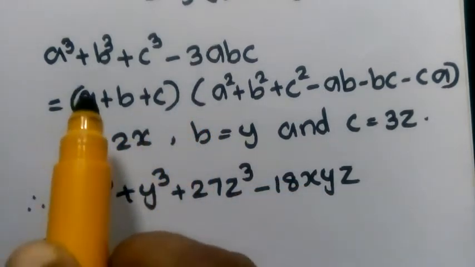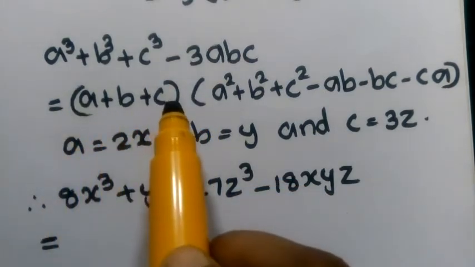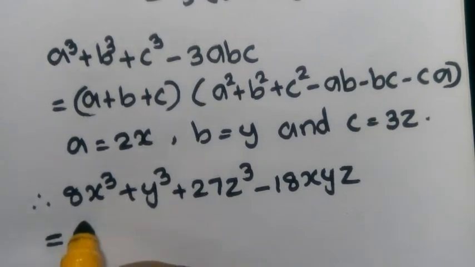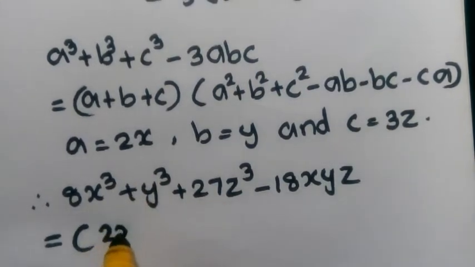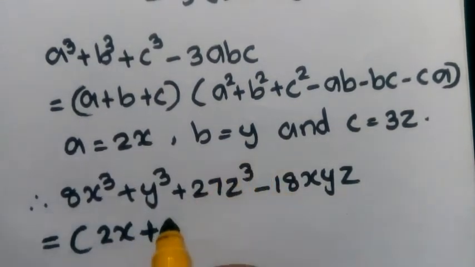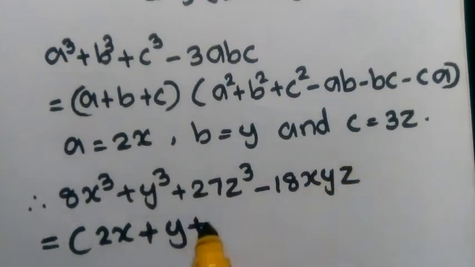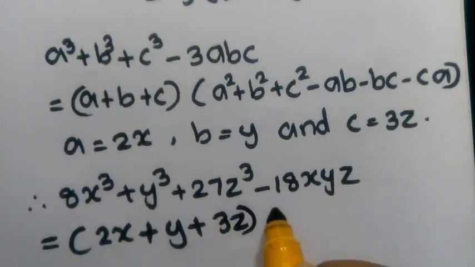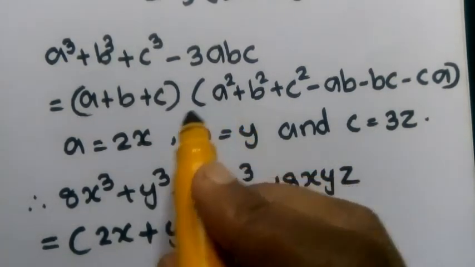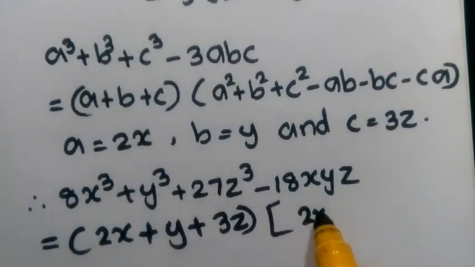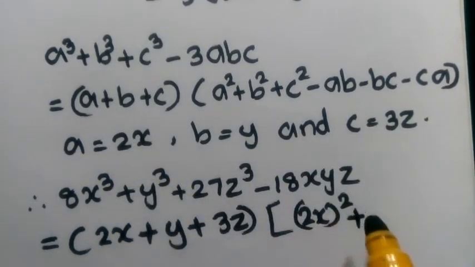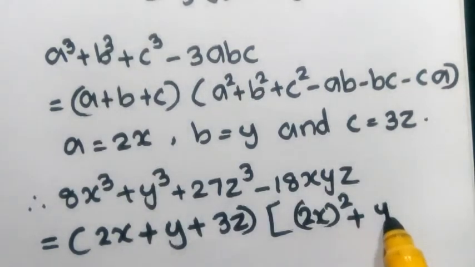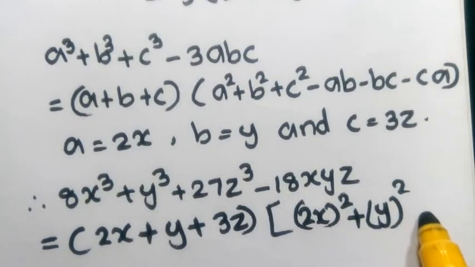In the expanded form, first we have a plus b plus c. So, a is 2x plus b is y plus c is 3z into a square 2x whole square plus b square y whole square plus c square